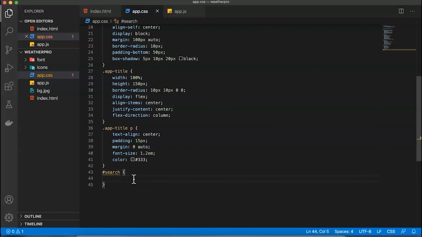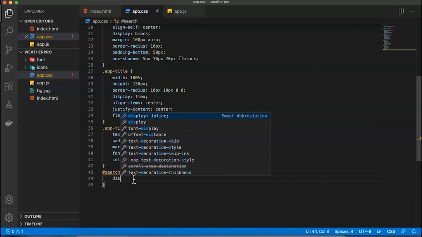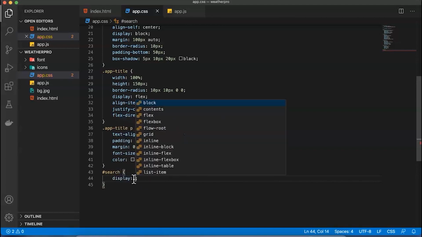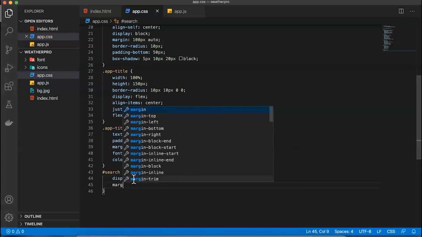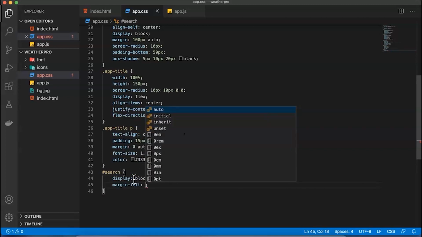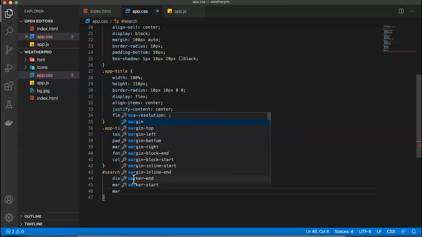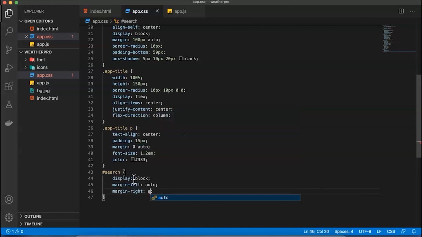Now inside my search I need a few things. One is called display, I need block, after that I need margin left auto, margin right auto, width,